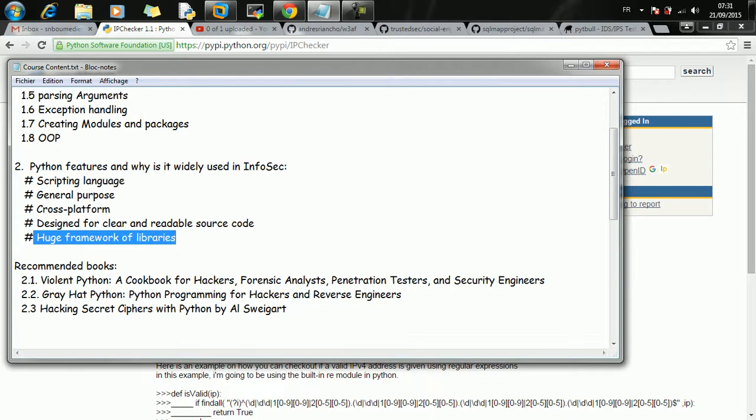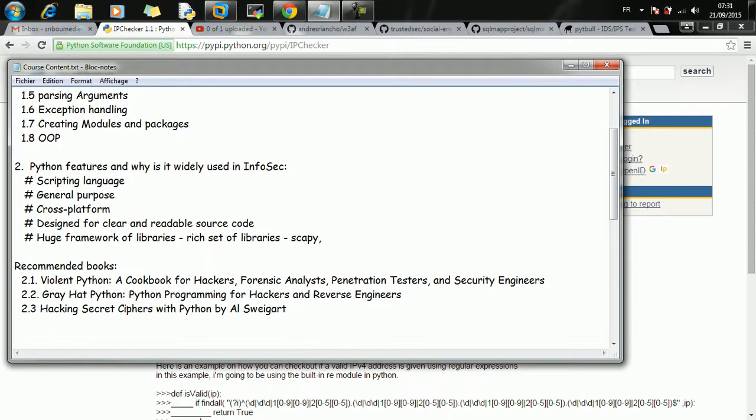The other advantage is there is a huge framework of libraries. There are rich sets of libraries, and that's what makes Python suitable for hackers. For example, we have Scapy, a packet sniffer library, though I don't remember the exact name.